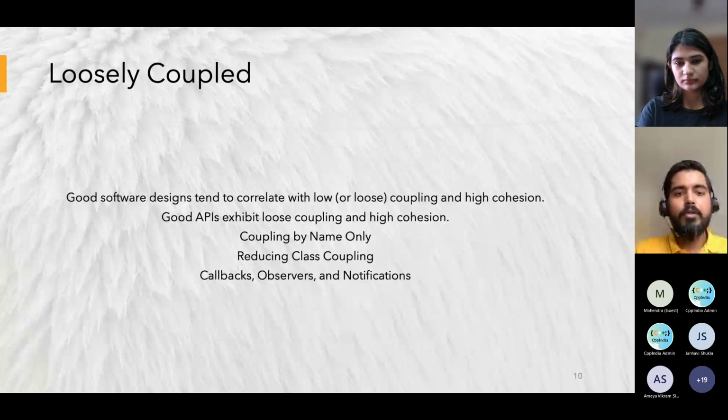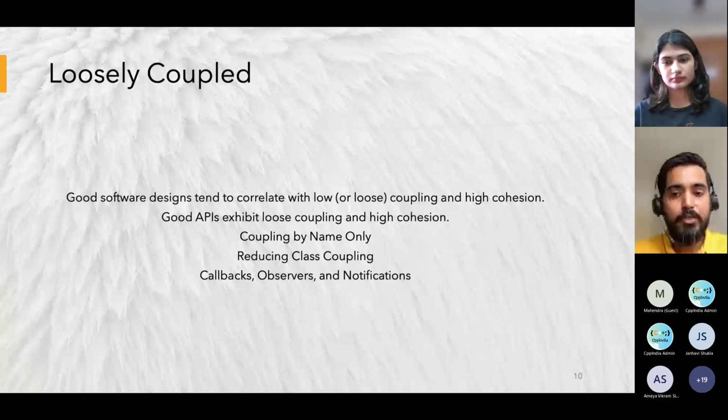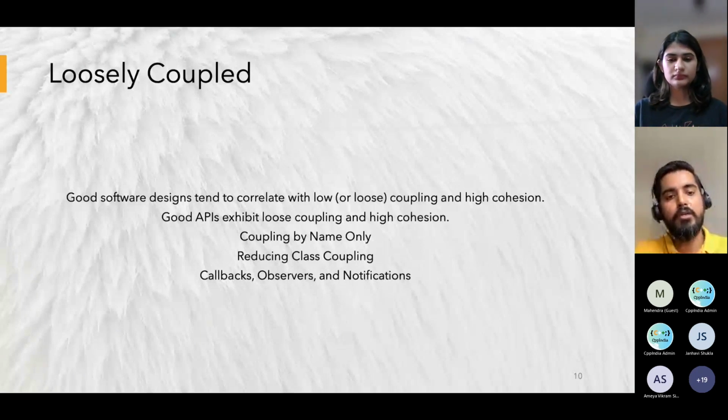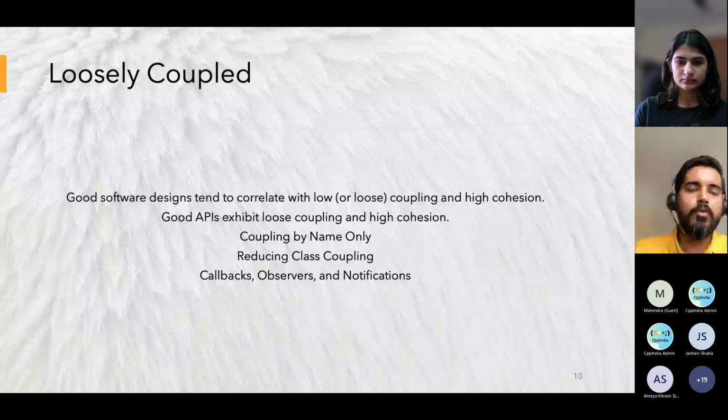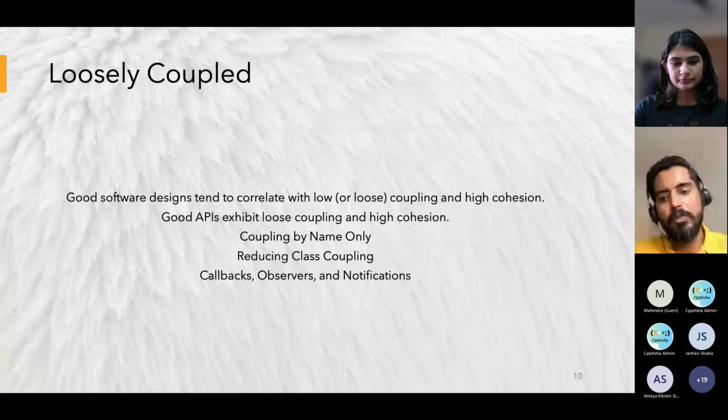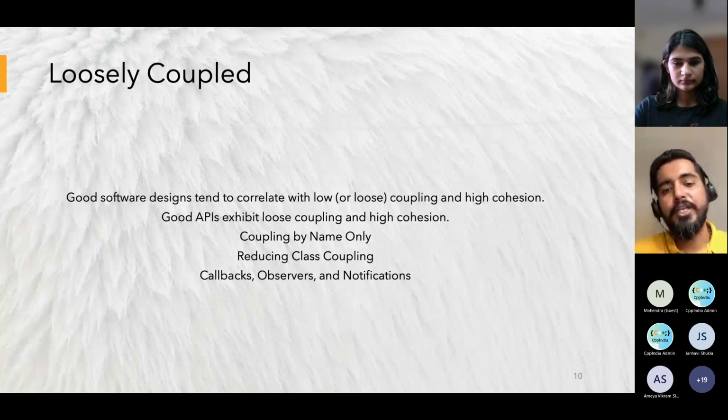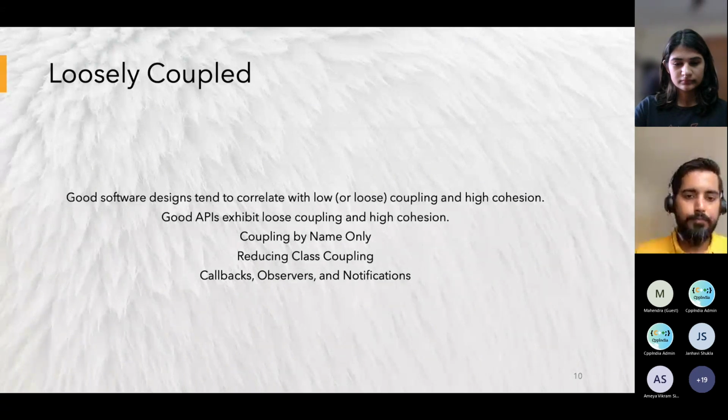And whatever APIs or classes you are writing, try to keep them loosely coupled. It should not happen that your API 1 is tightly dependent on API 2, or your class A is dependent on class B. So try to avoid these kinds of things. The more loosely coupled it is, the more robust your code will be, and the easier it will be to change. That is the important thing, right?